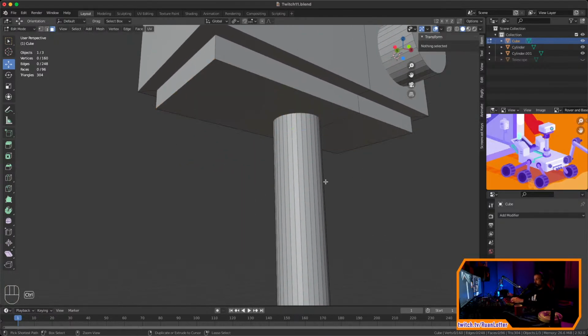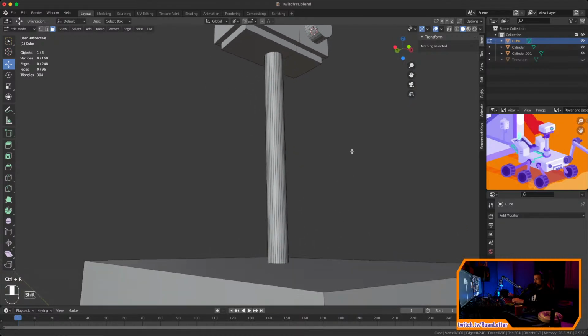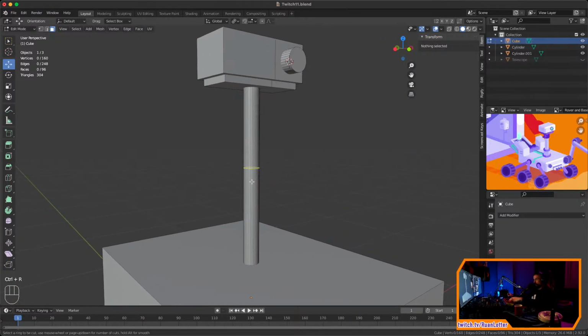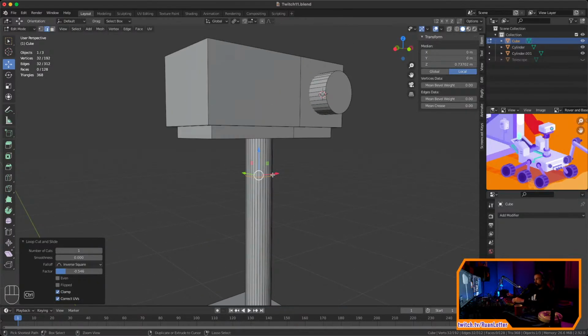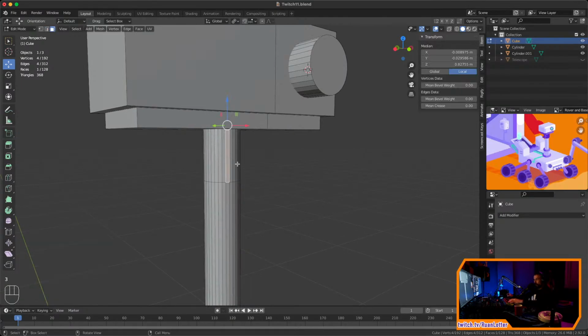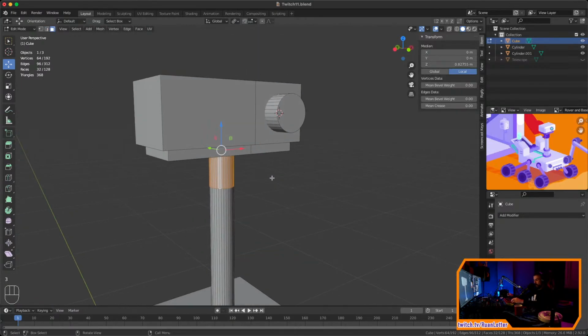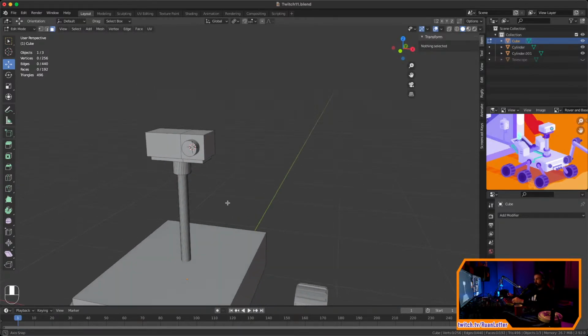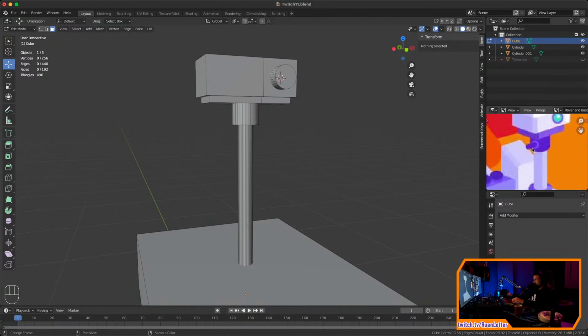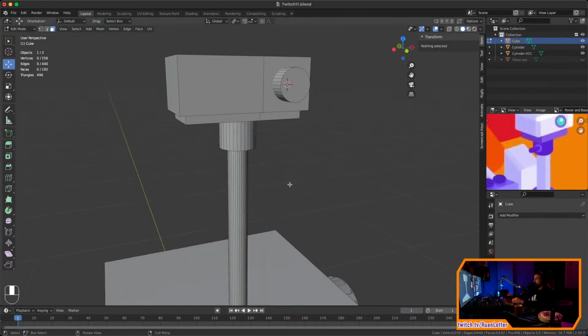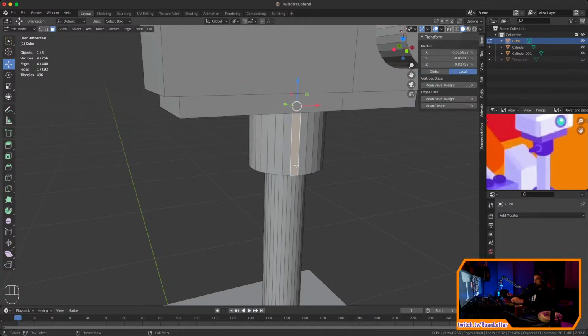Okay. And I'm going to create a loop cut. Whoops. Loop cut on this thing. Move it up. And I'm going to select all of those. And I'm going to extrude them along normals to kind of just bring this out. And we can create that little thing. I'm not sure what that is. So maybe if we add another loop cut around here,